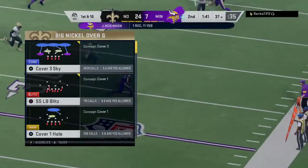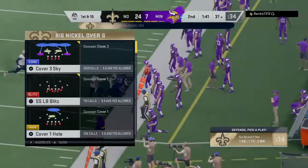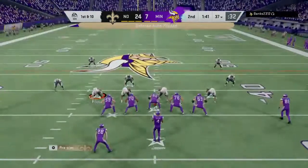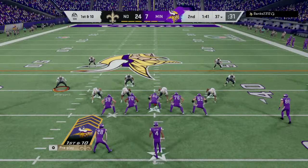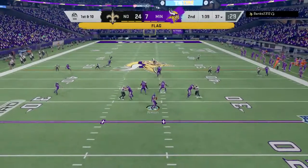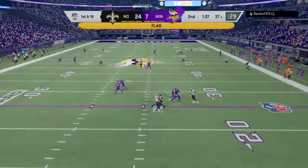It's a gain of 11 as the Vikings pick up the first. It's been a very one-sided game so far. They've got to change what they're doing right now, don't they? You can't wait till the halftime speech to make an adjustment. No, you can't, because if you're doing it right, you're adjusting from series to series, and they need a big...